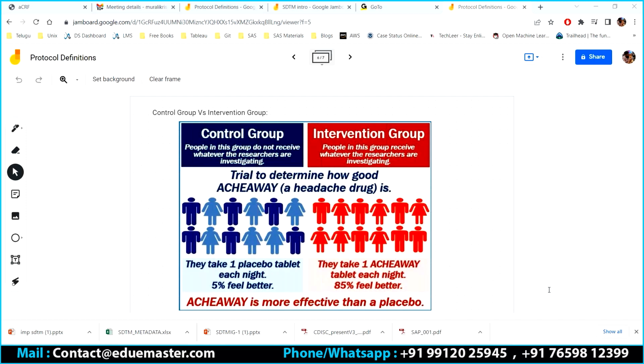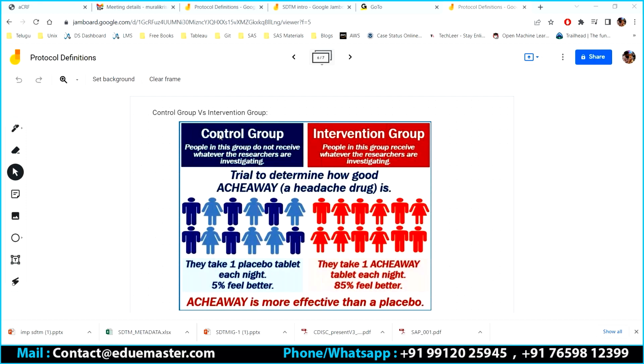We are actually giving the investigation drug, or the study drug, to those people. So the people who are taking the drug that we are testing form the investigation or intervention group, or we can also call it the study group, whereas the control group is the one where the people are not taking the study drug at all.